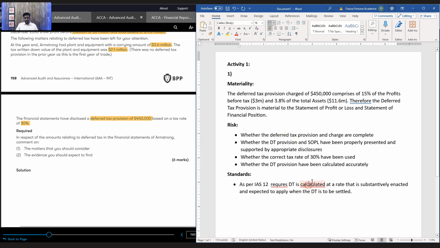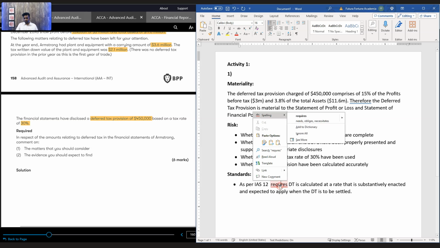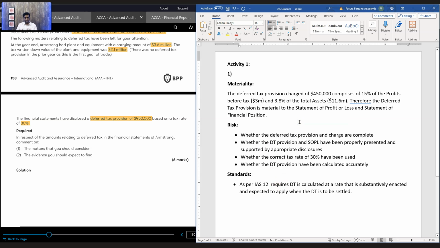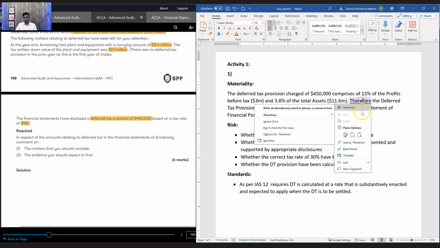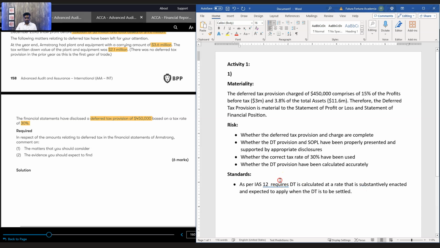So if it is going to be settled in the future, then you use a rate which is expected in the future. For example, with depreciation, the temporary difference might become the same in 2 or 3 years time. So in 2 or 3 years time, what is the rate that we can expect? We can use that rate, but